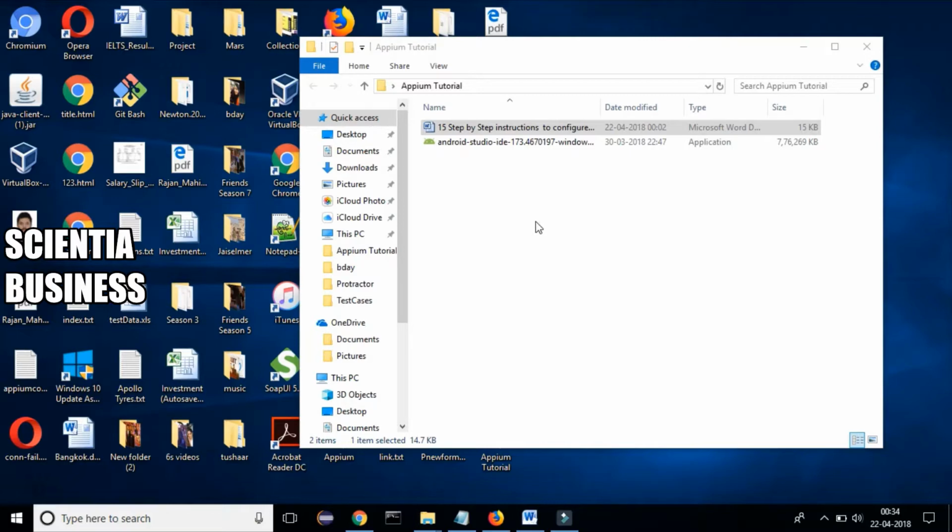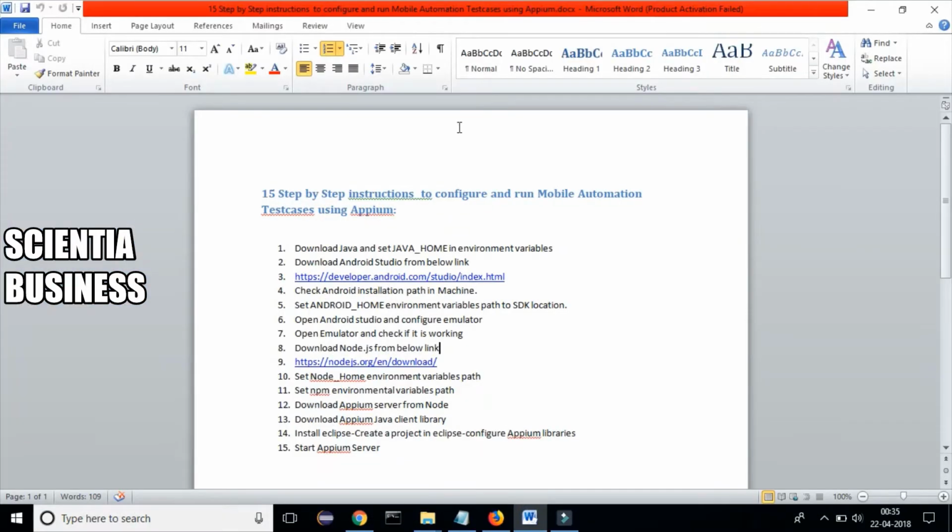We've already learned that we can set up APM on two different platforms. That is iOS, where you need to have a Mac PC, and it can also be set up on the Windows platform. So for using Windows, we'll be explaining all the things that we need to have in order to set up APM